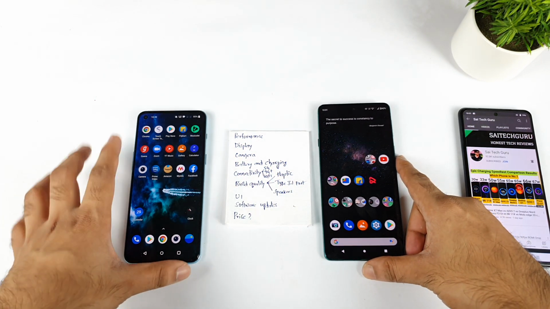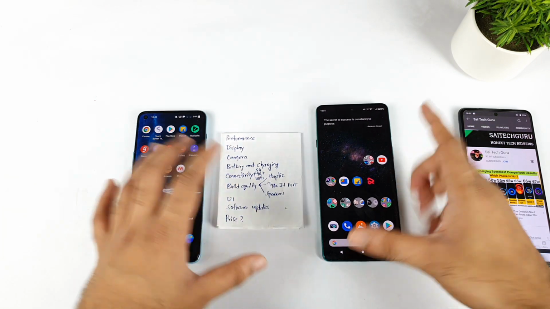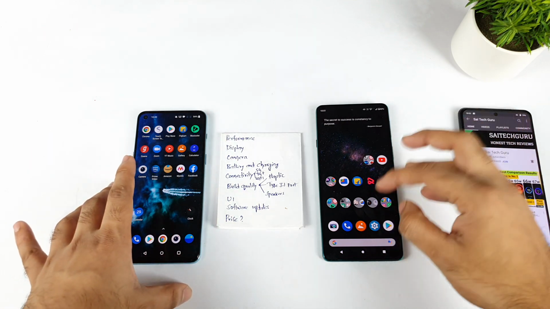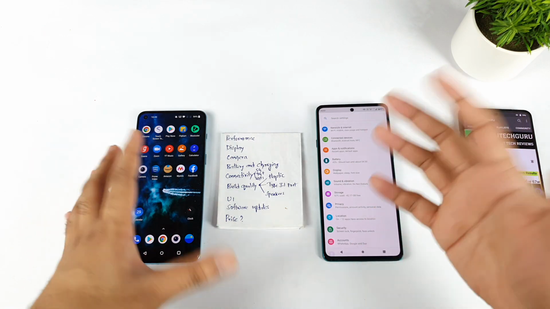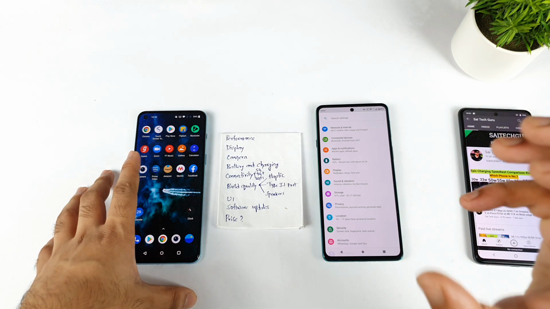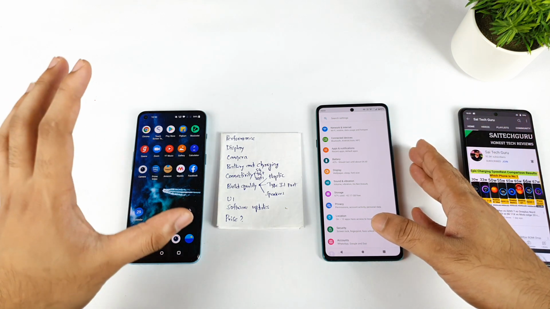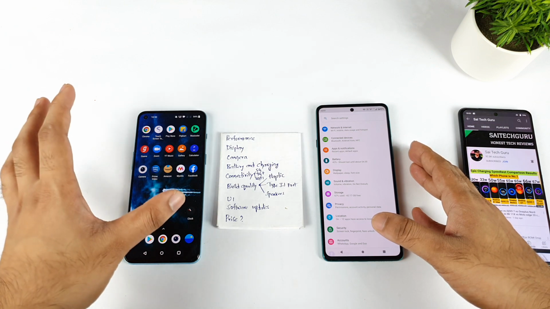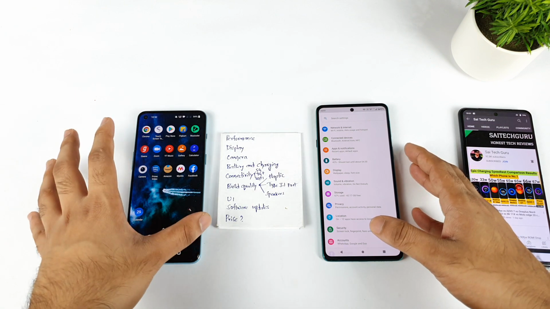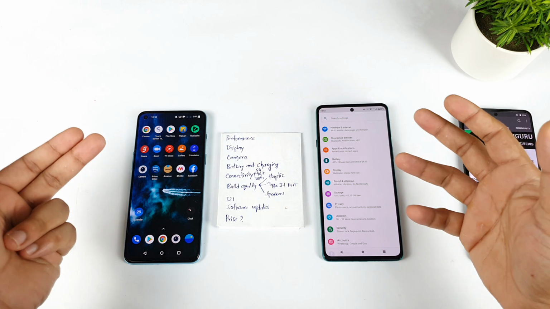Regarding the UI and the software updates, I did like the stock UI. To be frank, I really enjoyed this stock feeling, and this is my first phone with a stock experience, so I'm really enjoying it. I'll definitely give points for the stock as well. But the OnePlus changes and everything, it's very hard to recommend, but it's very close to the stock, though that feeling will still be there.